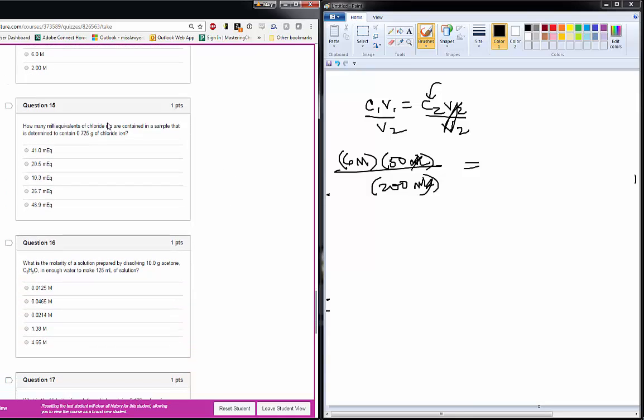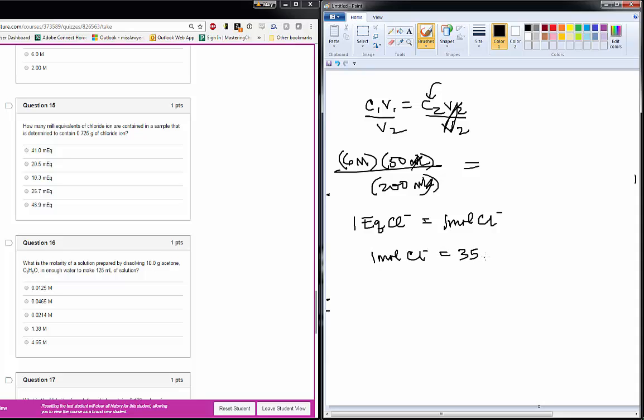How many milliequivalents of chloride ion are contained in a sample that has this many grams of chloride ion? So I have to recognize that 1 equivalent of chloride, since it has a -1 charge, is 1 mole of chloride ions, because it's only 1 charge. So we're looking at 1 charge equivalent. So then we look at the periodic table, we see that 1 mole of chloride ions weighs 35.45 grams. So if I have 0.725 grams of chloride,